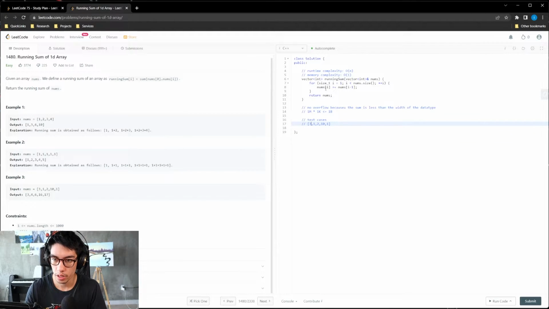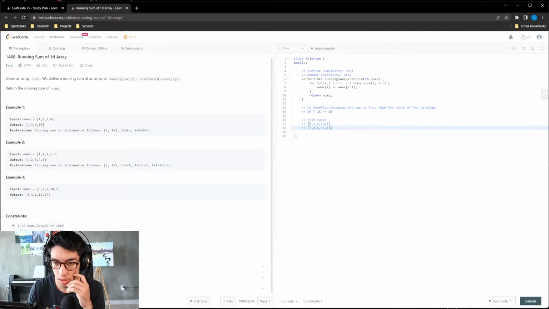For 3, we start here at the first index, and then this becomes 3, 4, because we add the 0th index to the first index, increment, and now add this 6, 16, 17. Does this look right?